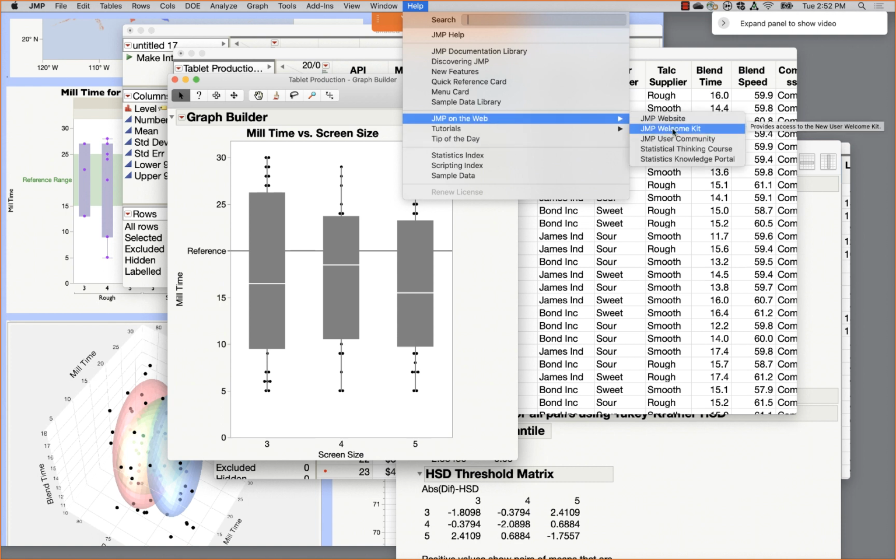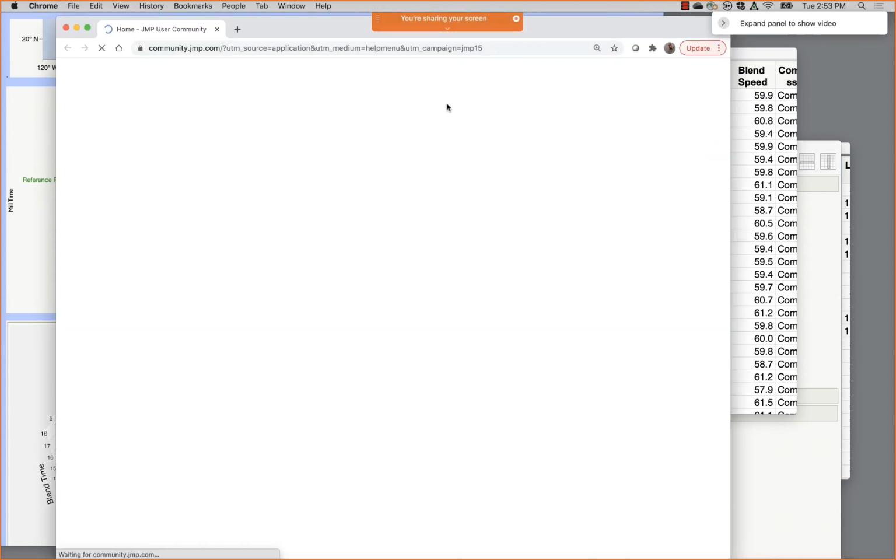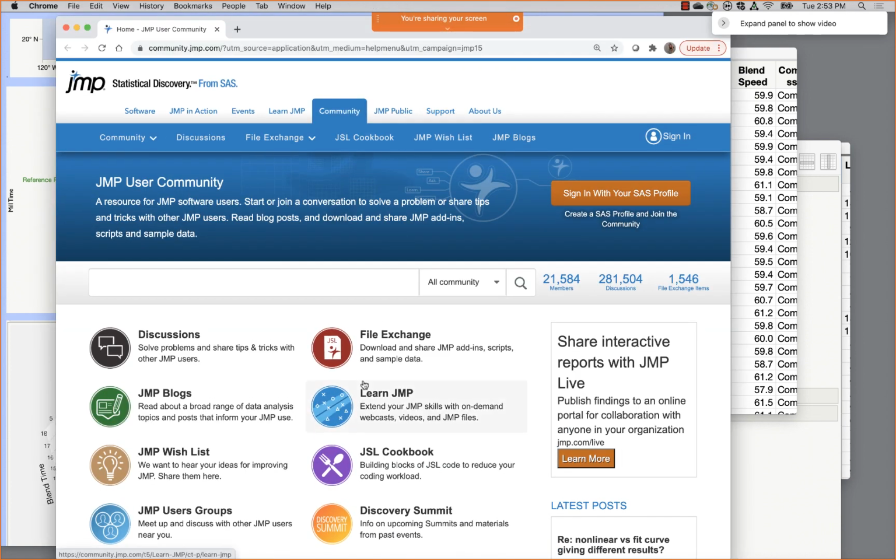Jump on the web? Yeah, Jump user community right here. That will take you there, or it's just community.jump.com. So if you go to community.jump.com, you can post your questions here. That's probably the fastest place to get answers. I think our community has an average response rate of 2 hours. That's not necessarily to the correct answer, but that's the first post that somebody will kind of offer you some